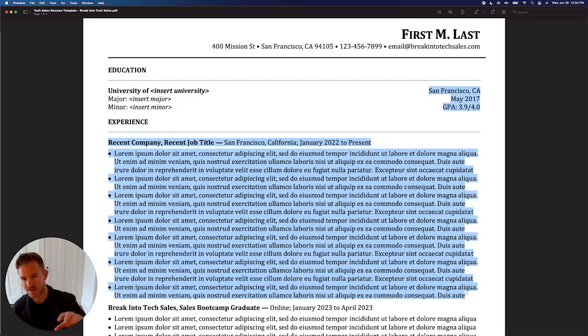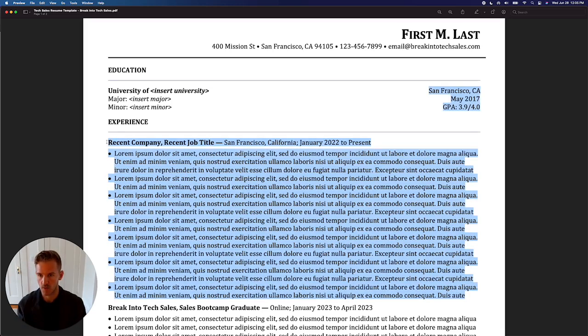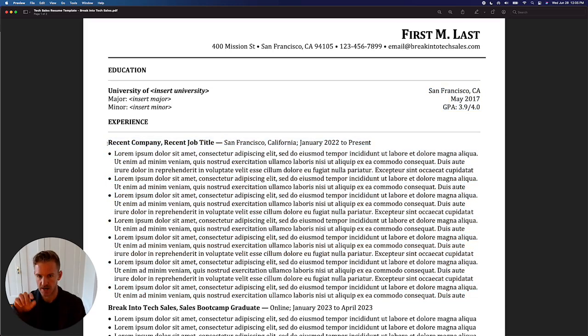Any experiences like that, if those are present in your first section or your first job experience in the experience section, immediately the tech sales recruiter or hiring manager is going to be thinking, okay, this person has some relevant experience to the job that we are hiring for. So really try to emphasize or try to put whatever part of your experience checks those boxes, those requirements, as the first section